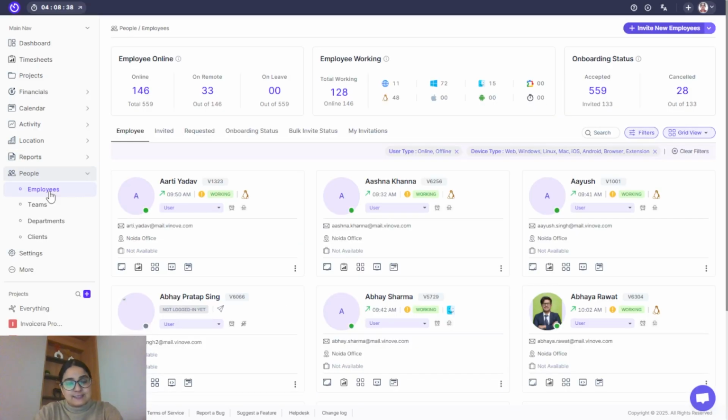Manage the employees using the people section. When you come to the people section from the left navigation bar and go to the employees, here you get an opportunity to invite a new member by clicking on this button. Once it is done and the member has become a part of the organization, a listing of the members looks like this,